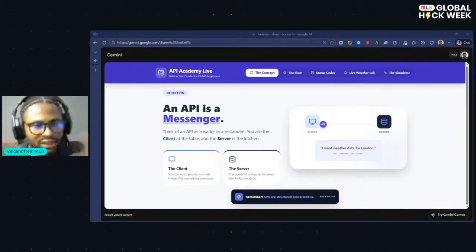So it's something we call a messenger, right? That is what Google Gemini called it. It's a messenger. So if you're looking at the screen, if you also have that link, you can also play around with it. So API is like a messenger. Think about it like a messenger that you send to do something. I want you to get this for me. It does that, and it returns that back to you.